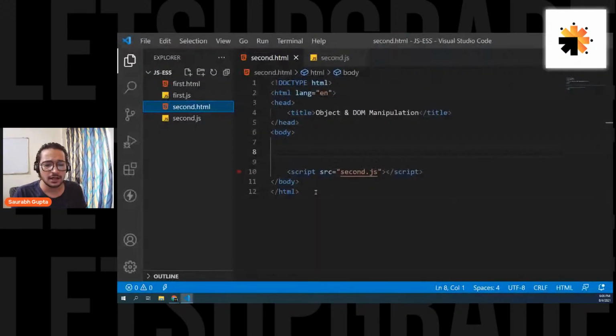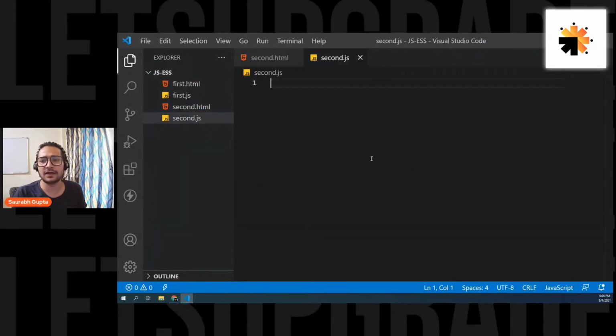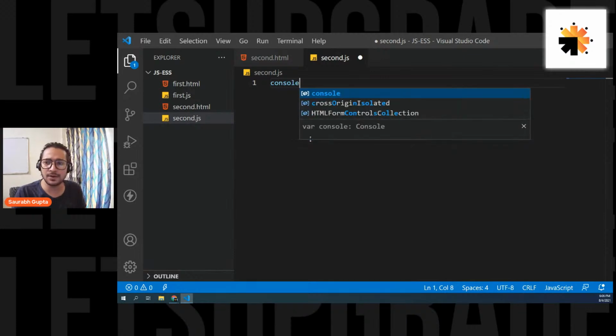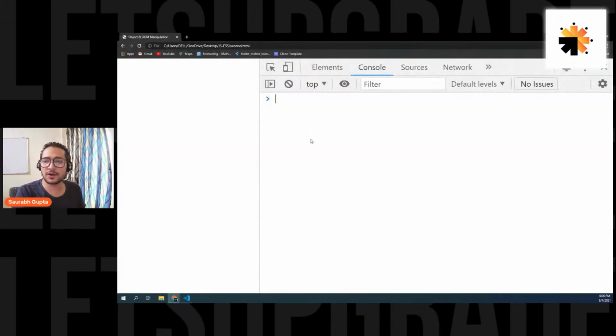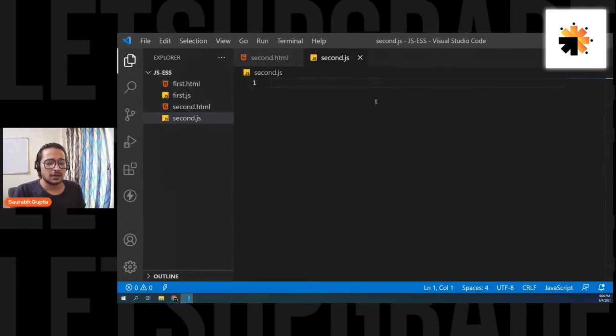That's totally fine. Now, just to confirm that the page is linked perfectly, we'll put a simple console.log, and if it appears on the console, that means the JS page and the HTML page are properly linked. Let's simply put "linked". Save it. Let's go to the browser, refresh, and here we go. We get "linked". That means it is linked. No problems at all. Okay. So now, guys, we have learned arrays, loops, conditionals, and also how to create basic variables and how to print. So we have almost covered all the programming fundamentals.